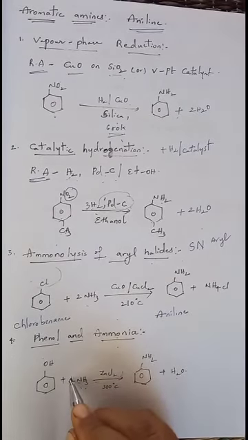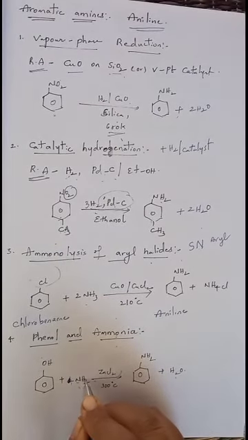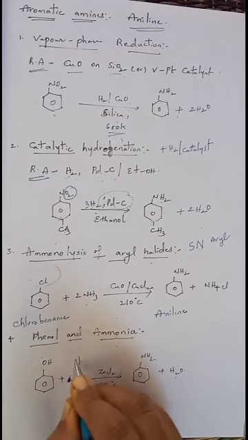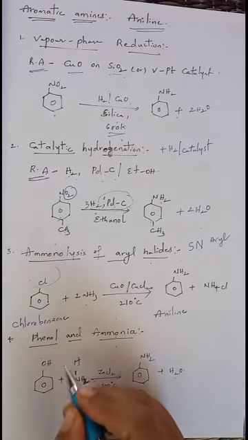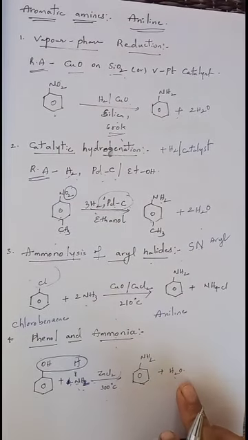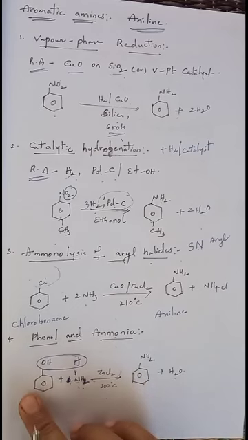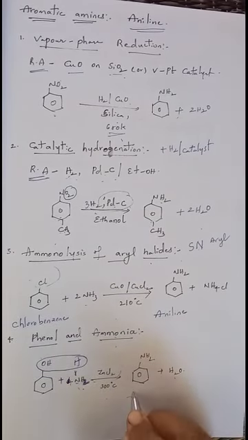So take 1 mole, it's enough. In this 1 mole we can write ammonia as NH2 bond H. NH3 we can also write in this form. OH and hydrogen together are eliminated as H2O, that is a water molecule. What is left? NH2. That NH2 is added to the benzene ring and we will get aniline here.